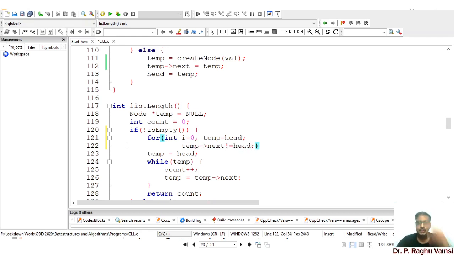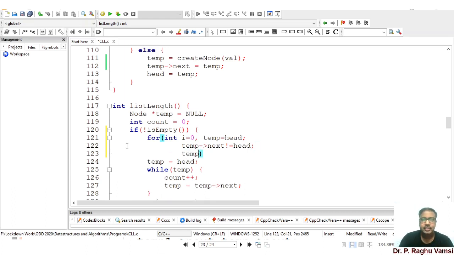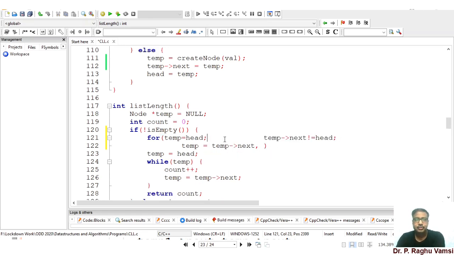That means we need to iterate till temp next is not equal to head. Then temp is equal to temp next, comma. Here i is equal to 0 is not required because we have already initialized the count. So comma count plus plus.